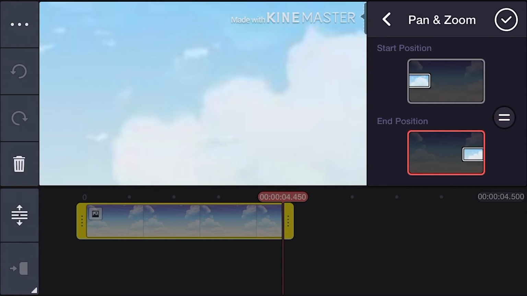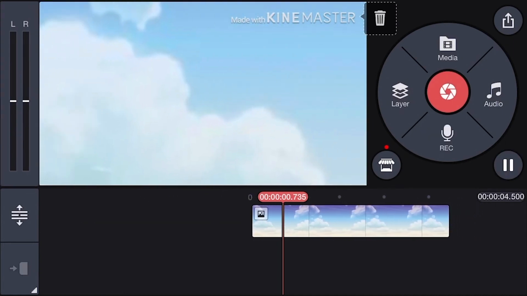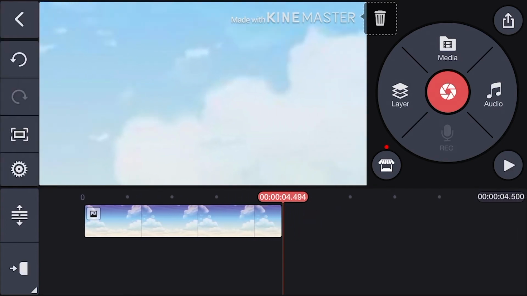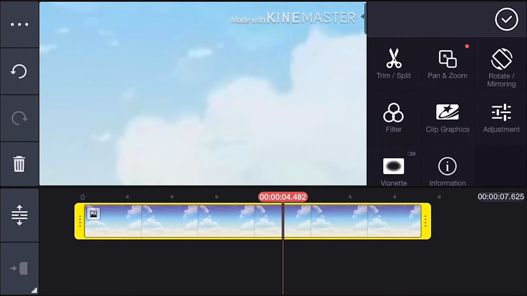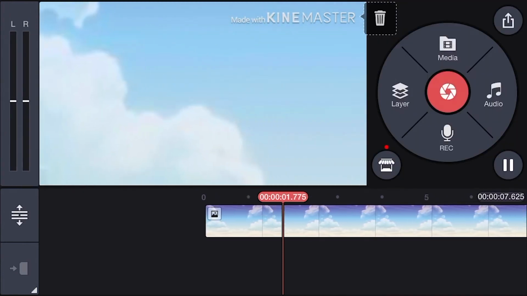So once that's done, press the check mark. And then let's see what we got now. So now the clouds look like they're moving from left to right. Cool, right? Now let's say that we want this to be either faster or slower, or let's say our character,